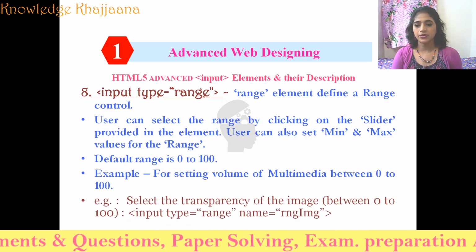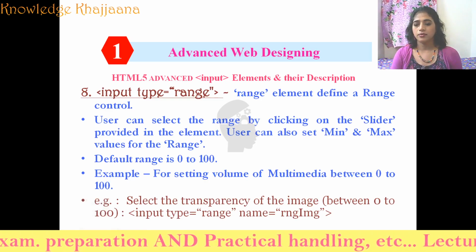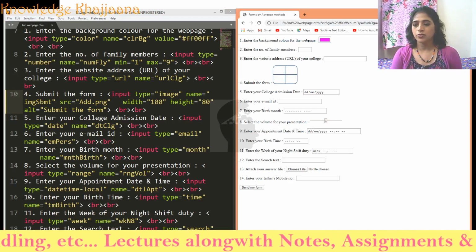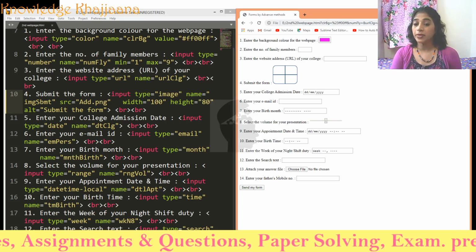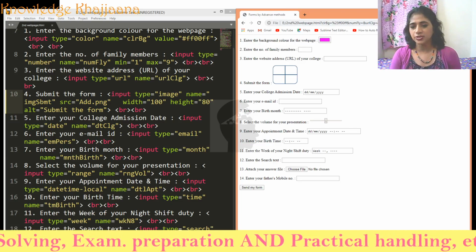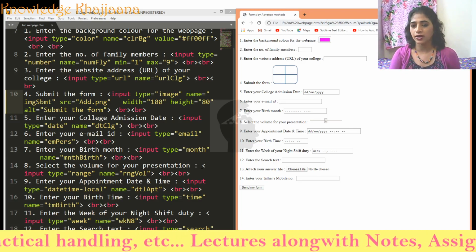We can see another example of the microphone also. Range of volume of microphone also. Select the volume for your presentation. It means you are submitting the presentations or you are putting on the presentations. You are going to show the presentation to your class.